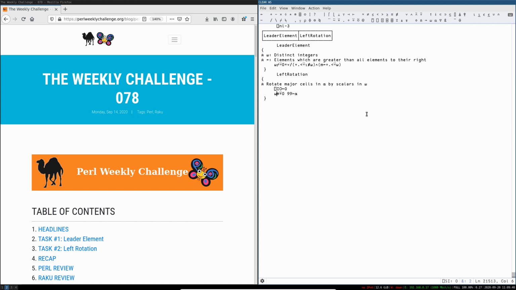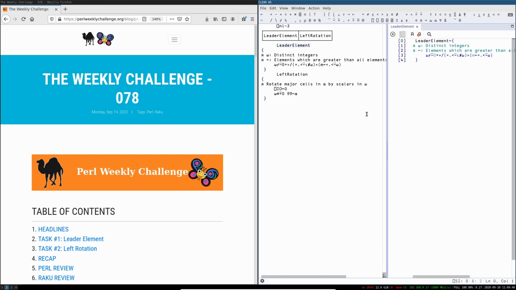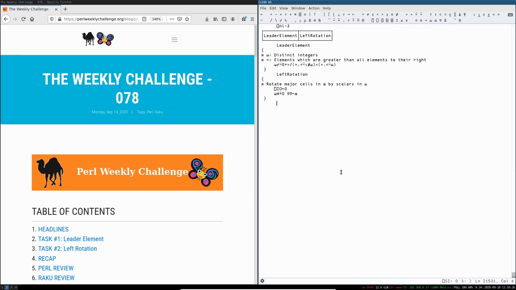Oh, I also need to correct this. Okay, so I've spotted a little artifact from my noodlings. No, the fact that in leader element you have to find which are greater than all elements to their right means there's no way of avoiding this sort of n squared solution. You have to compare each element to all the elements. So an outer product is the easiest way to do that. And then the rotation was just kind of neat, because after struggling to parse the English, it turns out it's just the rotate primitive